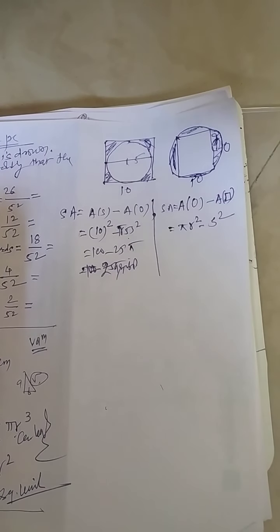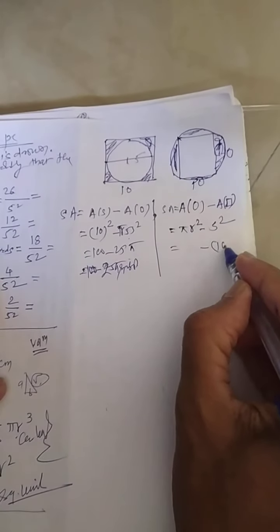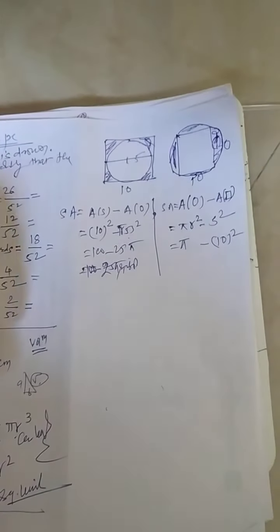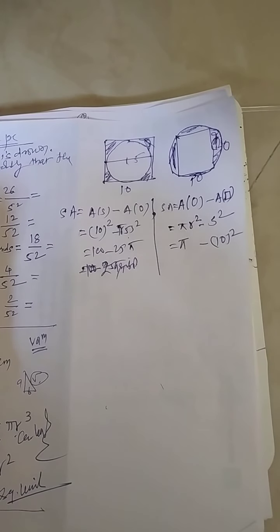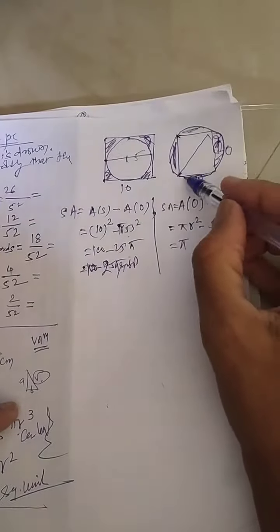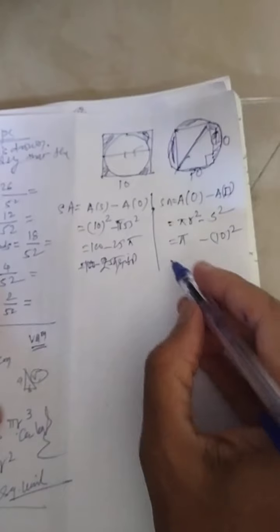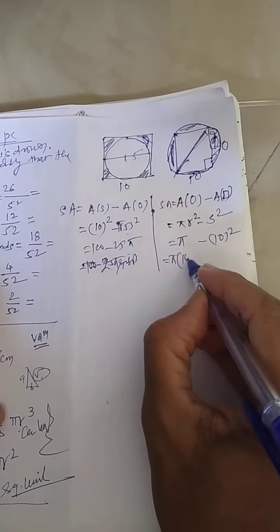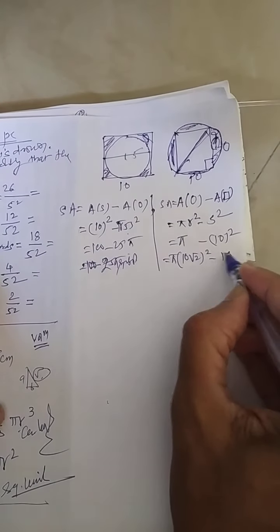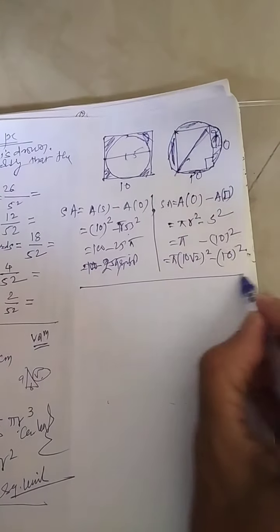Next question. Area of circle is pi r square minus s square. Now s square is nothing but 10, known to you. Pi will be pi. How to get the radius? Find out the radius in the second case. Look here. This is nothing but the diagonal. What is the guarantee that this line itself is a diagonal? Because this will be 90 degrees. So that is getting you 10 root 2 the whole square minus 10 the whole square. So by simplifying, you can get the answer.